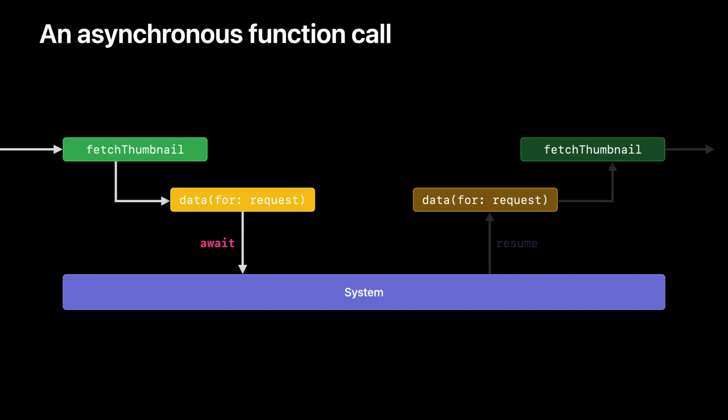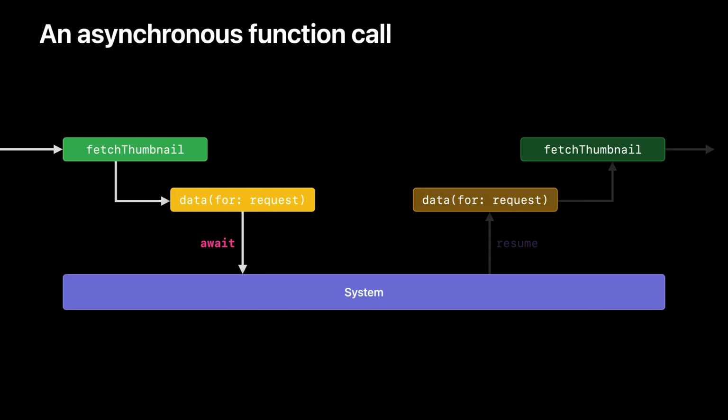Suspending is the function's way of telling the system, I know you have a lot of work to do. You decide what's most important. How cooperative is that? So once the function suspends itself, the system is free to use the thread to do other work. At some point, the system will decide that the most important work to be done is to continue running the async function that had suspended itself earlier. At that point, the system will resume it.